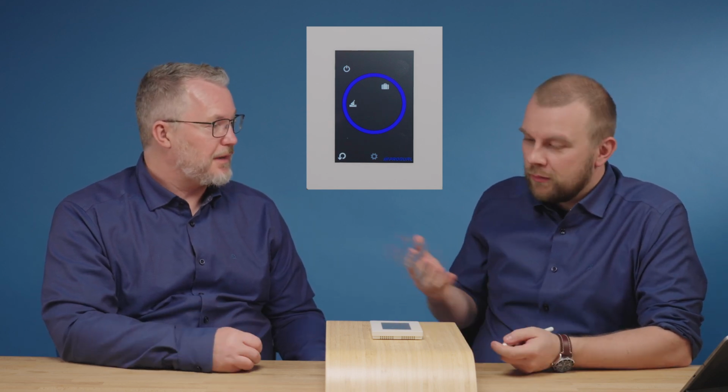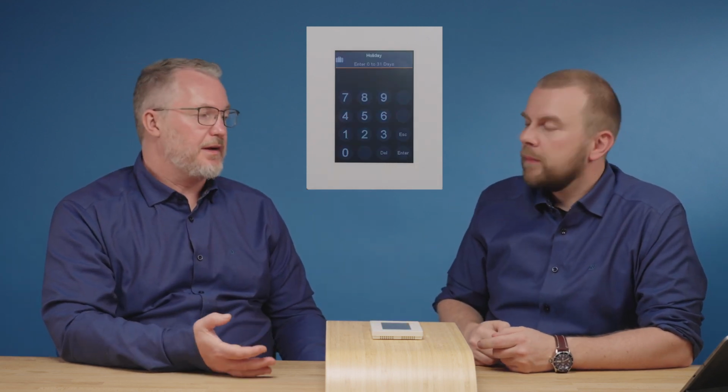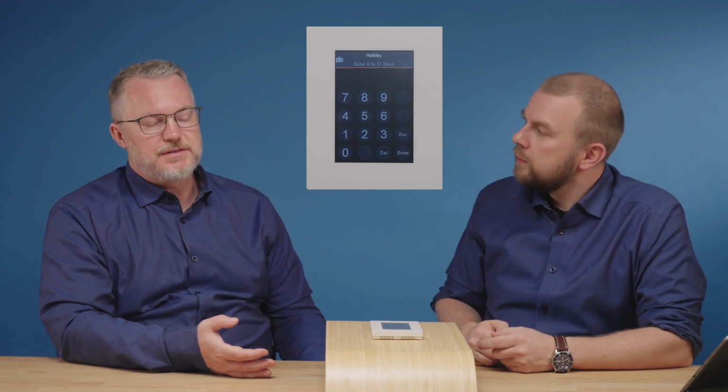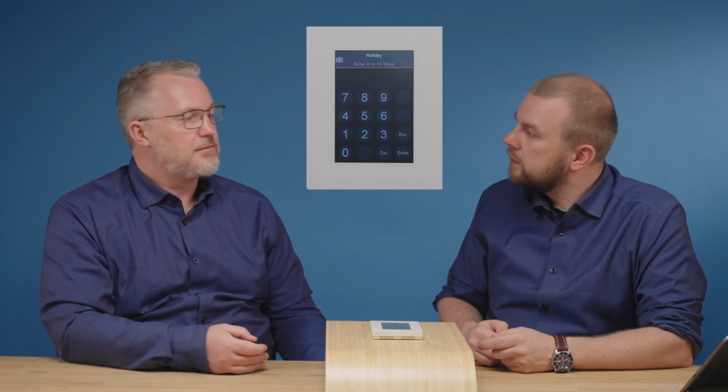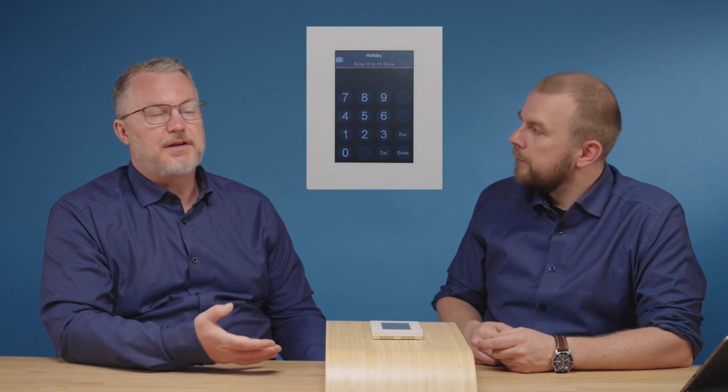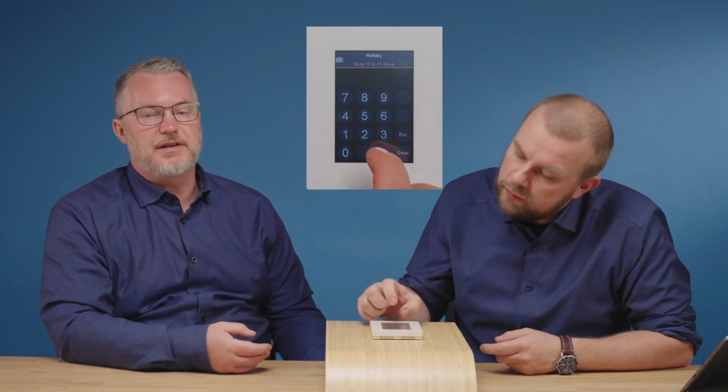I understand there is one difference to the TRC if we go to this menu. Last time we saw this cleaning icon, but here we have this kind of suitcase. What's the suitcase for? If you want to bring your device with you on the airplane, maybe? Let's see. If I push it, it's actually an away timer. If you are leaving your house and will not be there for several days, and you don't want to heat up your house so much, you can enter how many days you will be gone, up to 31 days.